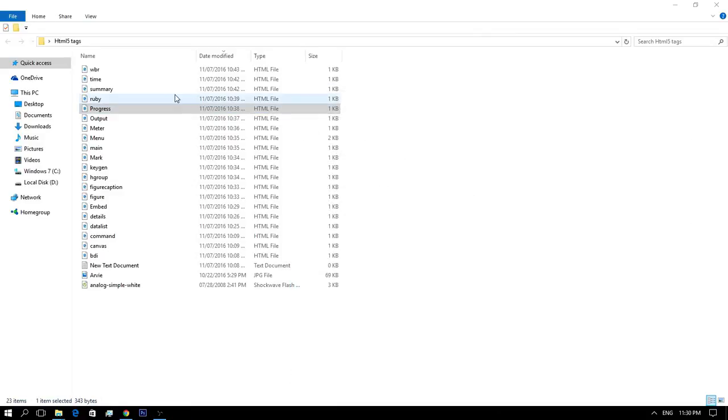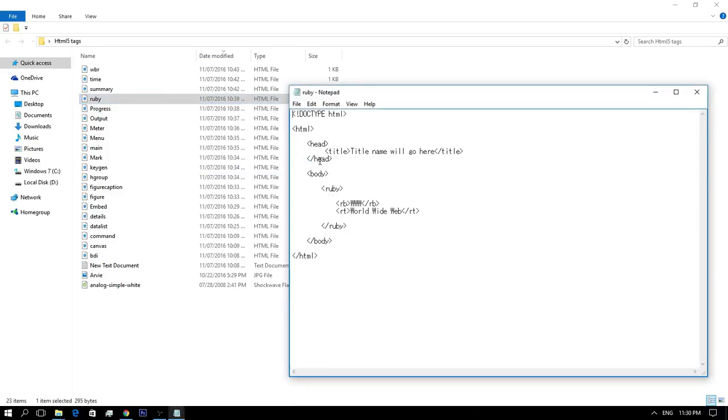So let's now proceed to the Ruby element tag of HTML5. The Ruby element is used to properly render East Asian languages. It is basically used to give pronunciation help in a phonetic script for Chinese, Japanese, and Korean languages.